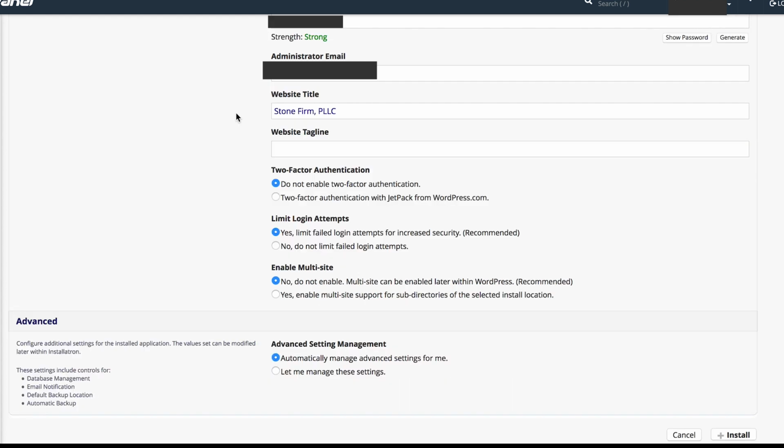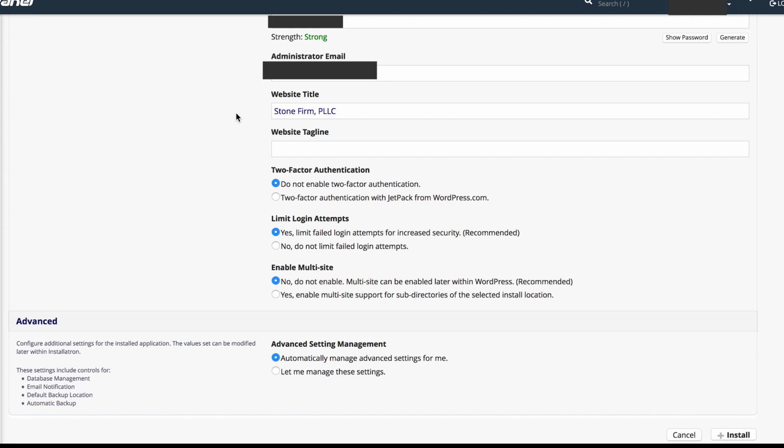So after you've set up your username and your password, and by the way, make sure it's a strong password because you're the admin, you control the website. The last thing you want is for somebody to hack your website using a weak password that somehow works and thereby have control of your entire website. That's not good. That is no bueno.